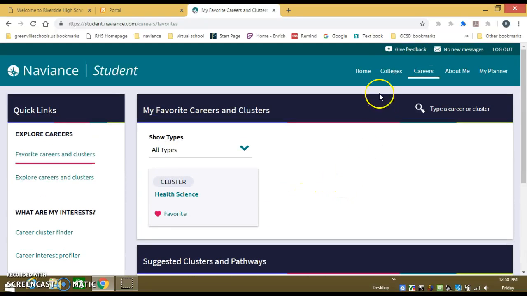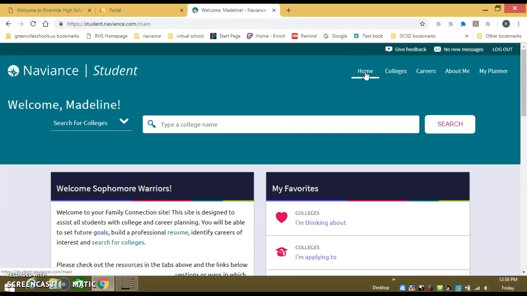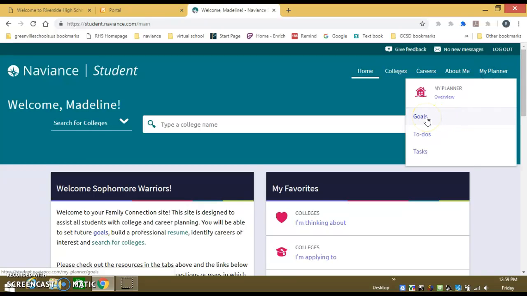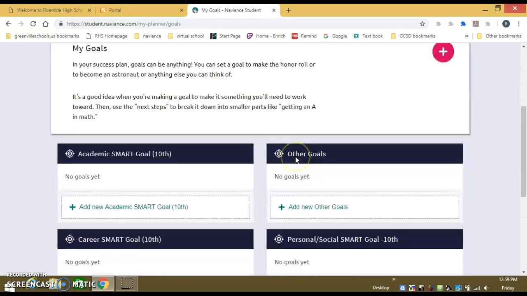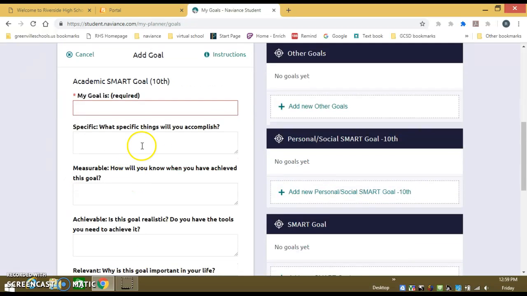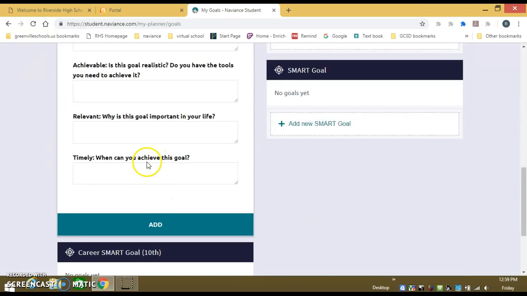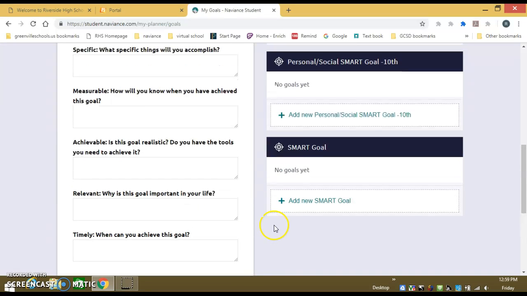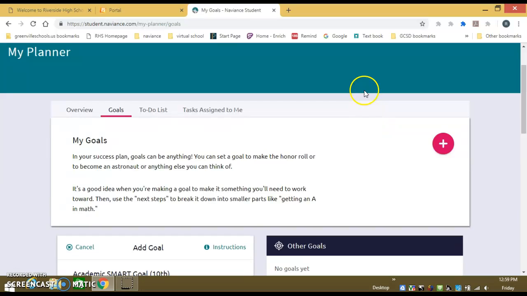When you're finished with that, go to the home screen again, click on My Planner, and then Goals. In the Goals section, you'll complete an academic goal, a career goal, and a personal social goal. To write in the box, just click on the box and complete each box. You can just put about a word or two or a sentence in each box and then click Add when you're finished. After you've done the academic goal, the career goal, and the personal goal, you can go back again